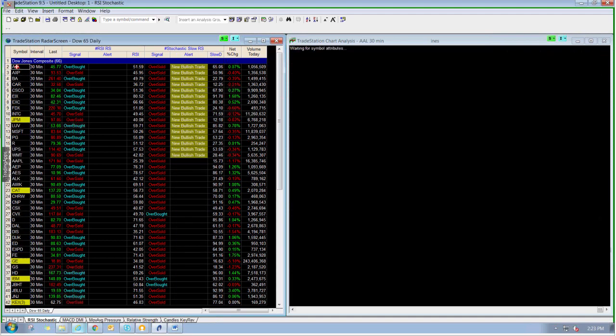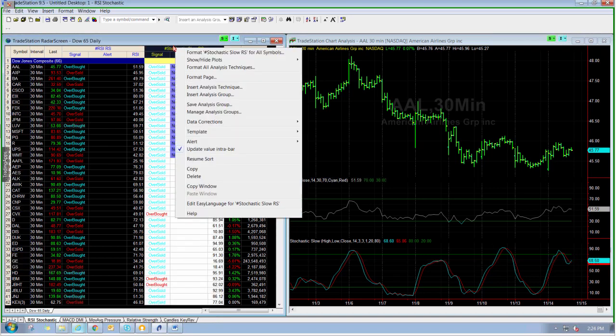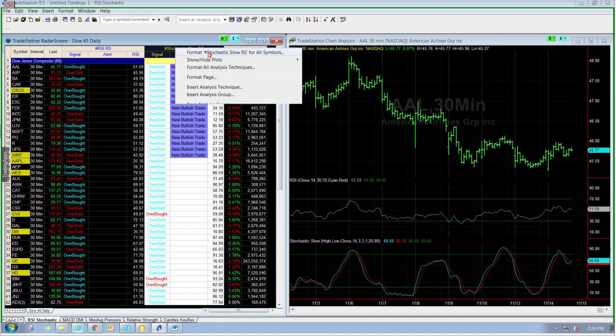So here, American Airlines has a new bullish trade. We can see that here in stochastic, where the slow is crossing above the fast there. So we see that pattern, and we can decide whether or not we think that's a trade that we want to make. So right-click on the column heading, adjust the input parameters,